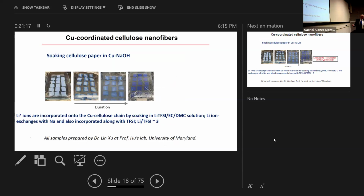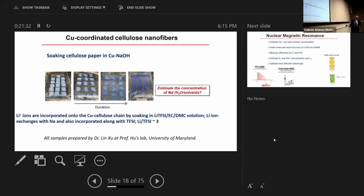And then they dry it off, and then it's soaked in a standard lithium electrolyte type of solution. And you get some ion exchange between the sodiums and lithiums, and you also incorporate some of the anions, the TFSI. So what we do with NMR is, we know that NMR is quantitative, reliably quantitative, although the actual measurements